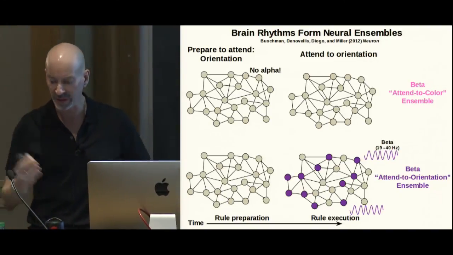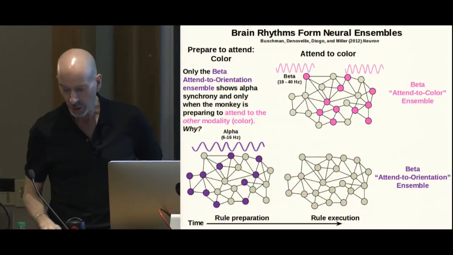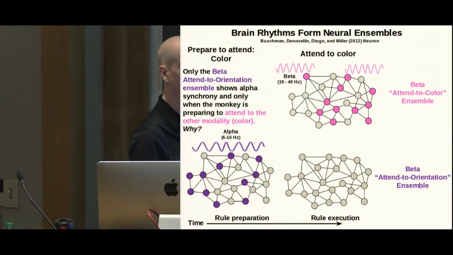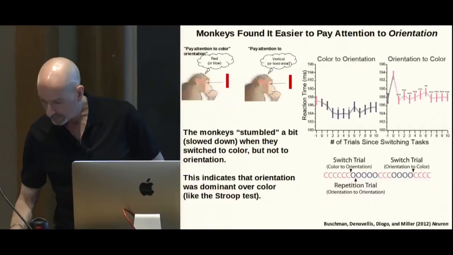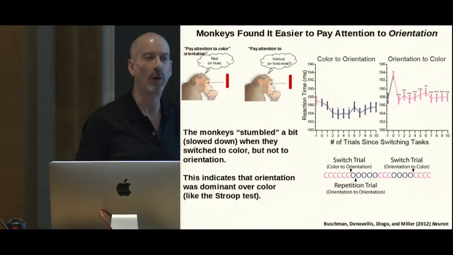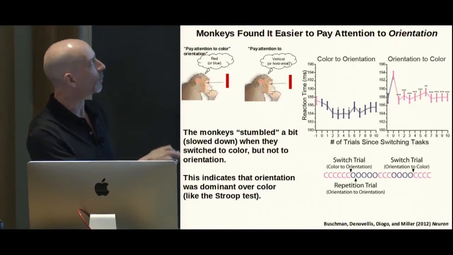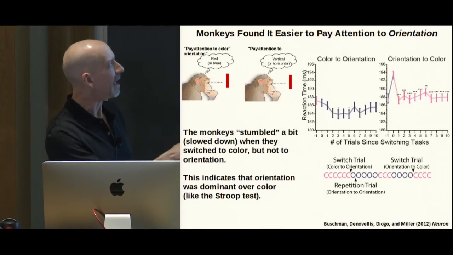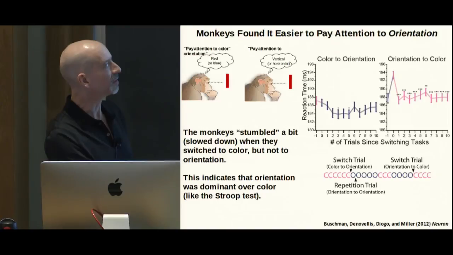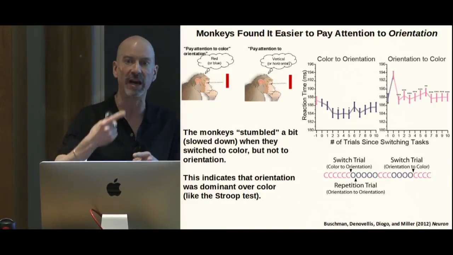So why would we see this asymmetry? Well, the reason is because the monkeys found one modality easier than the other. What this shows is the monkey's reaction time on the y-axis versus number of trials since switching task on the x-axis. So what the monkey did is the monkey did a trial of one modality over and over again,